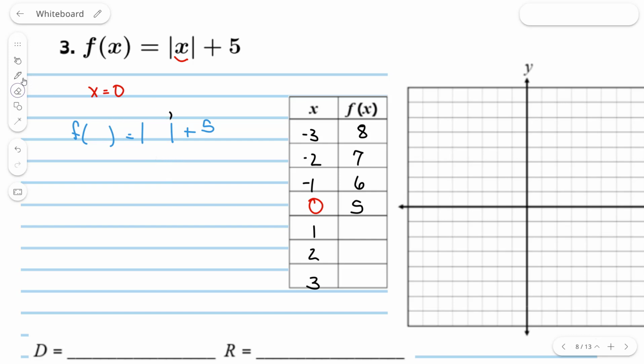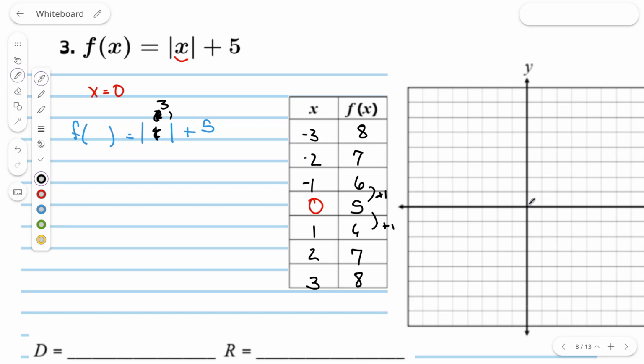So let's go ahead and start doing the positive side. If I plug in a 1, 1 plus 5 is 6. I plug in a 2, 2 plus 5 is 7. Plug in a 3, absolute value 3 plus 5 is 8. And so you see that pattern. We increase by 1 here, or decrease by 1 if you're thinking about going from